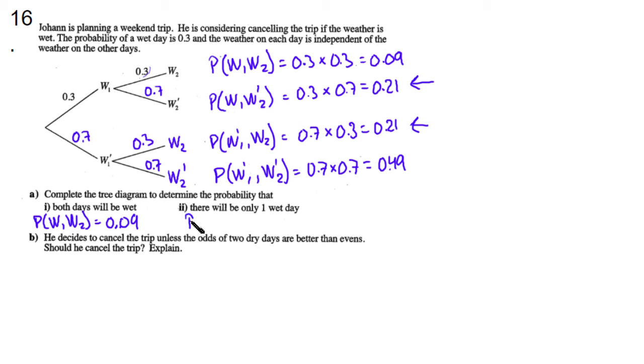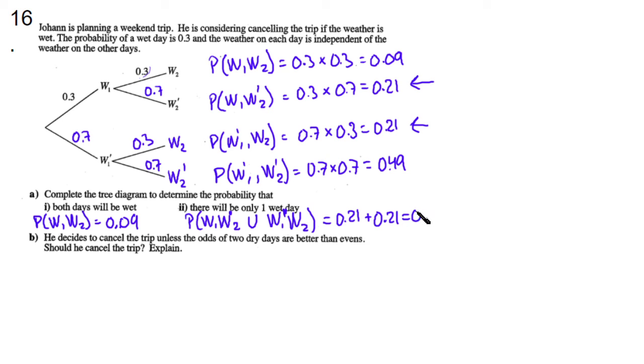So we would write the probability for the first day being wet, second day not being wet, union the first day being not wet times the second day being wet. So that's simply going to be 0.21 plus 0.21, because "or" basically means addition,